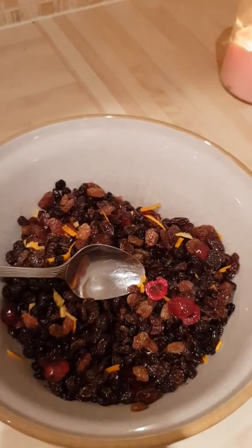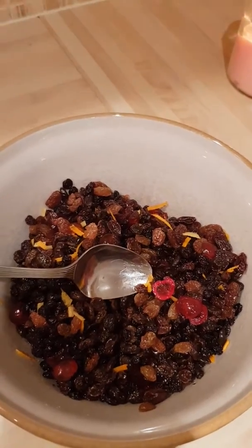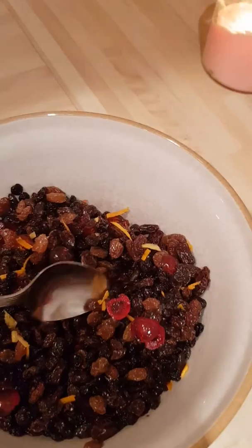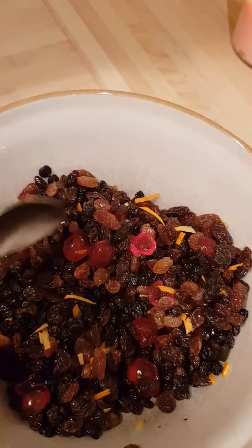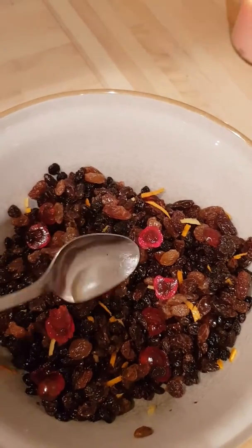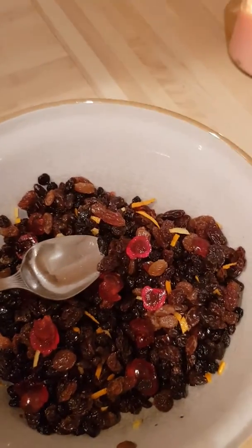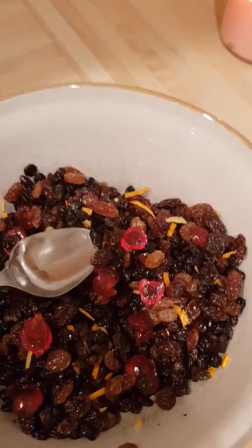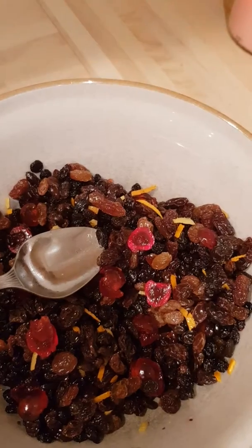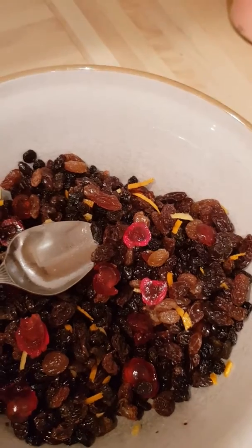And I'm making a wedding cake, and I'm using a Christmas cake recipe for one of the tiers. So I'm going to be baking it tomorrow. What I do the night before is put all the fruit, the orange peel, the cherries, the currants and the sultanas in a bowl, and I glug lots of brandy. Oh no, not too much. I'm not an alcoholic. Well, it's not for me anyway, but hey, lots of brandy, and I let them soak overnight so that in the morning they're all plump and succulent and full of the fermented goodness, and they taste